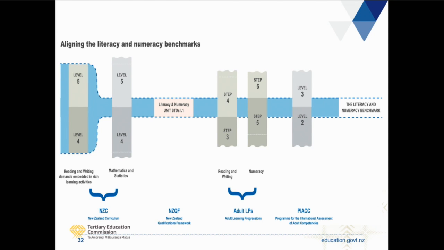There's still one sitting on the TEC website right now. But the big problem that we're trying to solve is, how do we get a shared understanding across the education system about what is a level of sufficiency? Some people say foundation, some people say minimum requirement or minimum standard. But what is the level of literacy and numeracy that we agree across our education system that all of our learners should be leaving school with and going out into work and life?